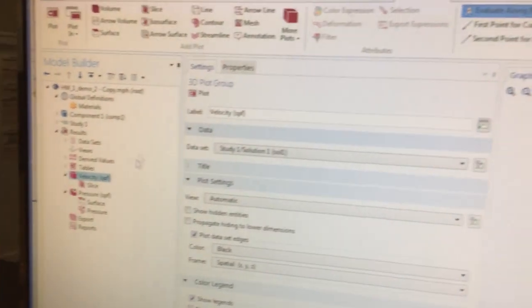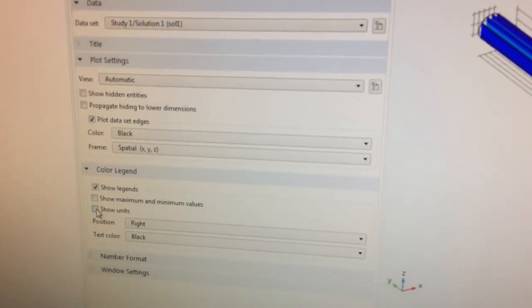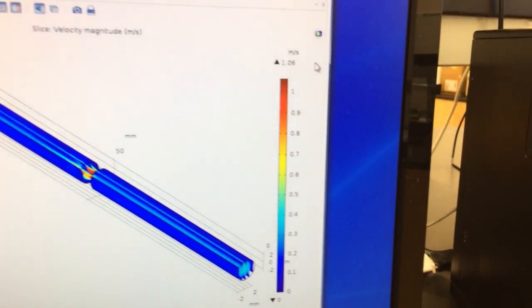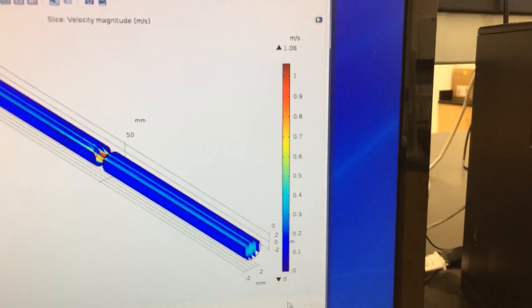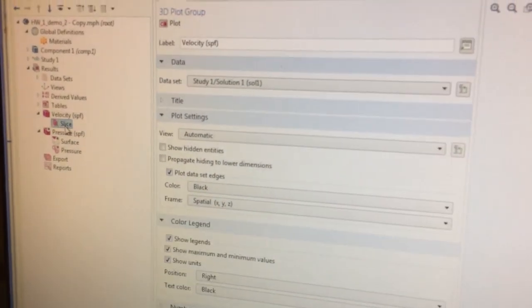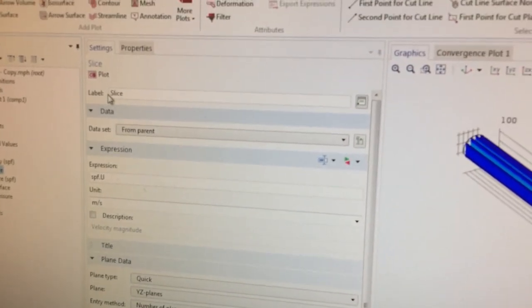So in the settings for the velocity, this one here, we turn on these two checkboxes to show the units and the maximum and minimum values with the color bar. So we see that the maximum velocity is 1 meter per second and the minimum is 0, close to the wall as expected. And now if we click on the slice here, this shows us the settings for the slice